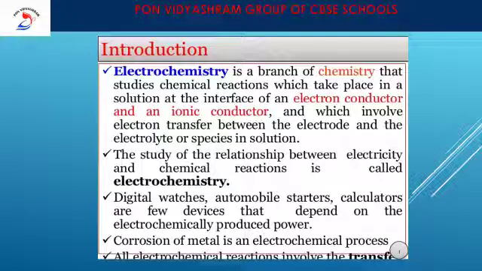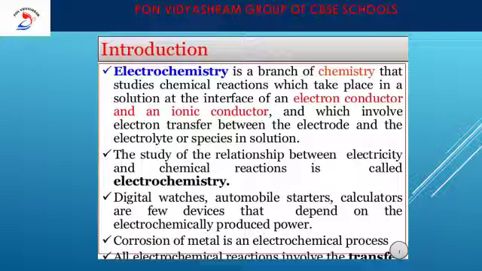So, electron is the one responsible for current. If we know the chemical reaction, we can understand from where electron is transferred,